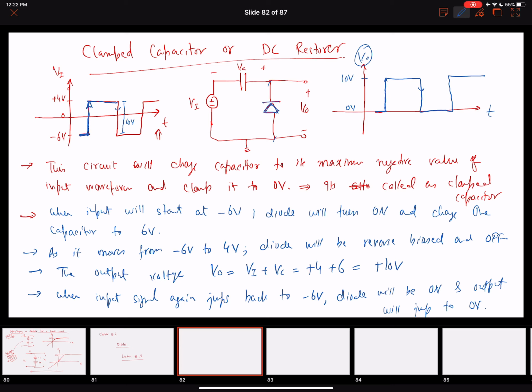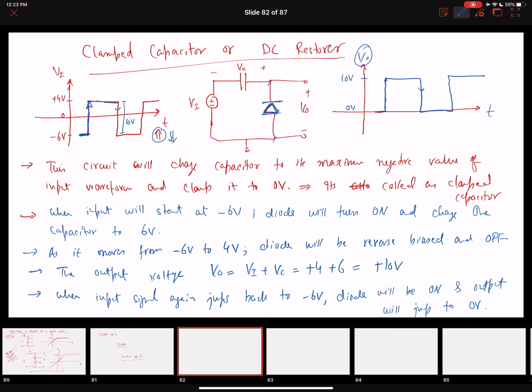Right, so what we have seen in this circuit is we can build a small circuit with a diode and a capacitor again, in which we are taking output across the diode, and looking at this configuration, the anode of the diode is connected to the ground and the cathode to the capacitor. It will first charge the capacitor to the negative peak of the input waveform and then clamp it to 0. Now this clamping would have been in the opposite direction, right? For example, rather than going this way, it would have gone in this direction if the diode would have been connected